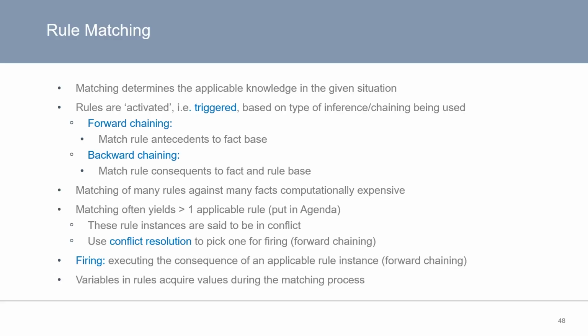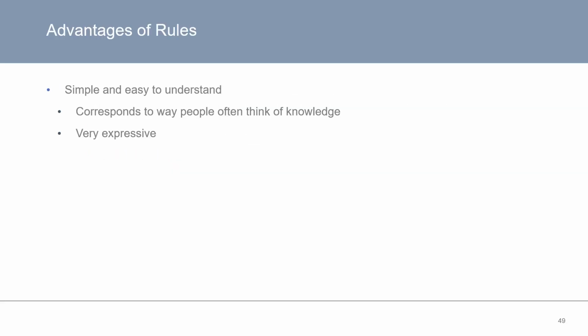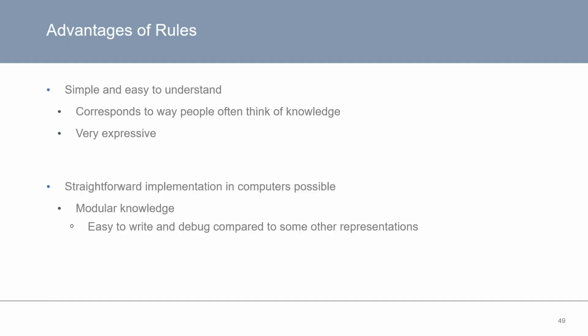It's also during the matching process that variables and rules acquire values, similar to instantiation from logic. So what are the advantages of rules as a representation on the whole? Well, first, they're simple and easy to understand, and naturally correspond to the way people often think of knowledge. Furthermore, they're very expressive. Another advantage is that rules are straightforward to implement in computers, and they allow for the